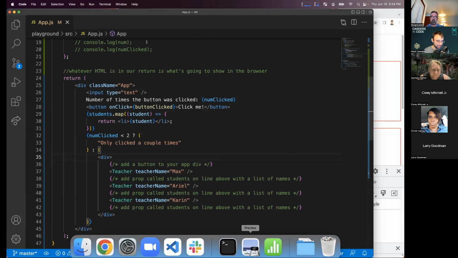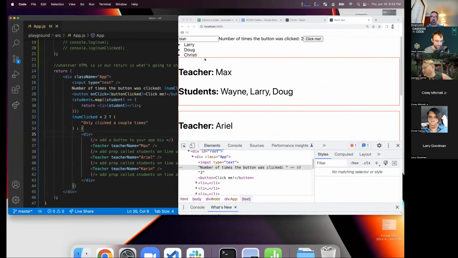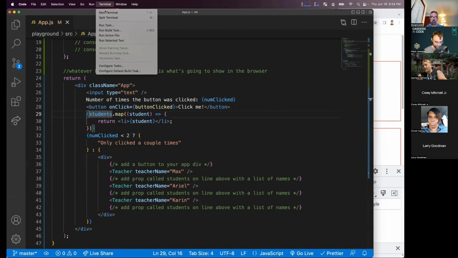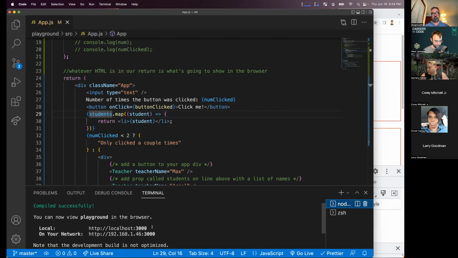I knew that was going to come up, but I didn't really want to explain it, but I will anyway. Where is? Can I? No. Where did my terminal go? Okay. If I save that and